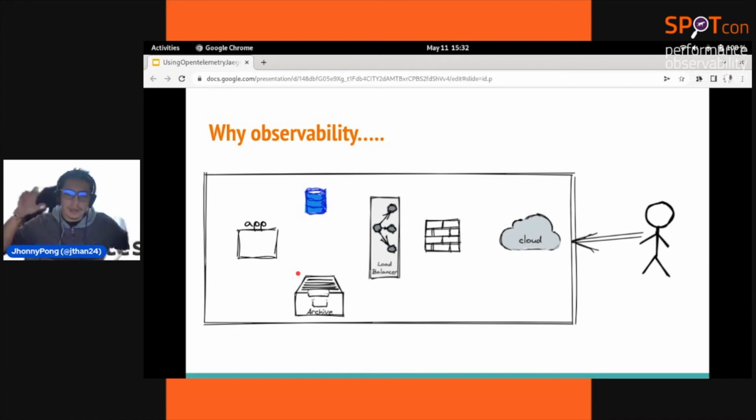We have a lot of components behind the application, but what happens if the firewall fails or the load balancer fails? The user just checks and says, hey man, the application is down. What happened here? But he doesn't know, and he doesn't care what other components sit behind the application. The man is just using the app and just needs the app.